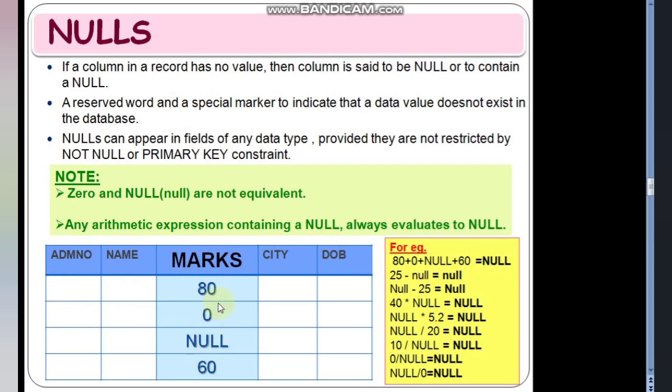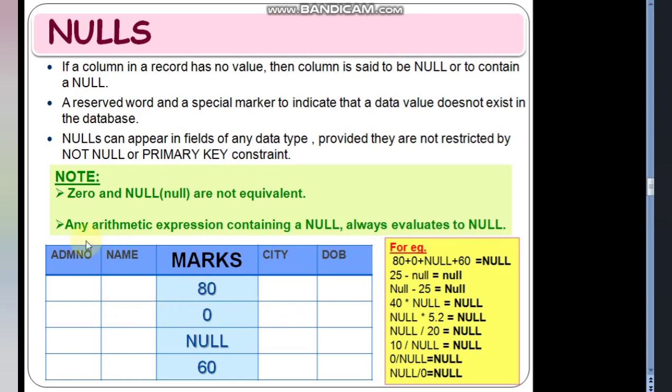So 0 and null don't mean the same. Why? Because 0 is a value, but null is a reserved word which indicates that no data value exists for this. That means while entering the third record, you have not given any marks to it. That is why it has taken null. This one is 0, that means you have given the value 0 to this particular field for the second record.